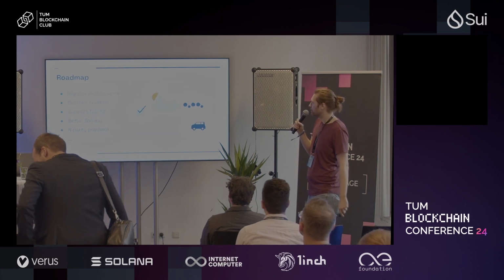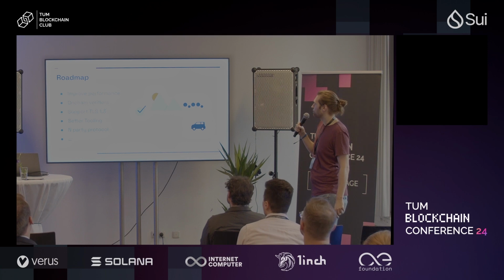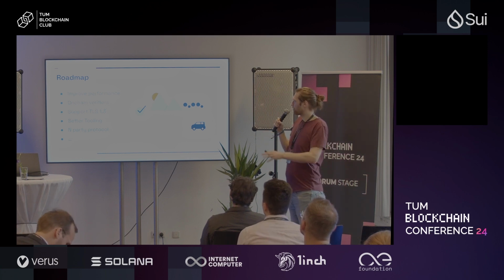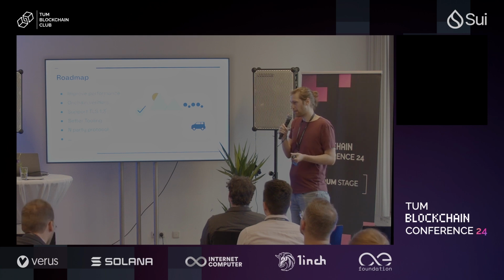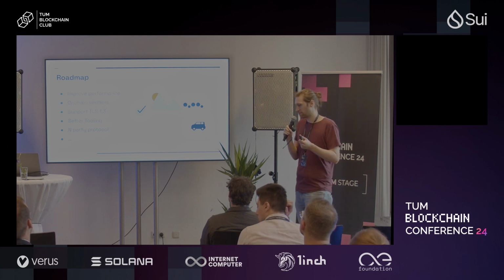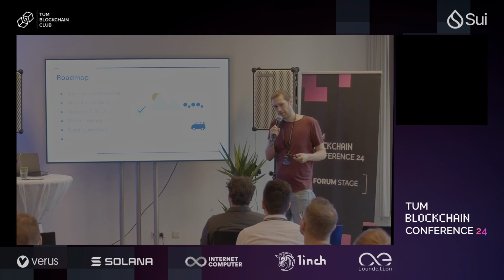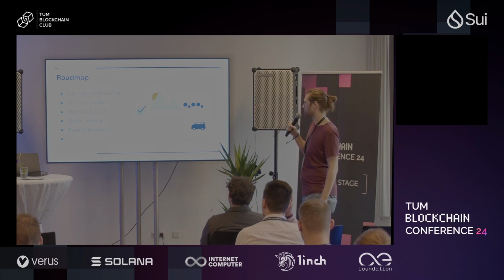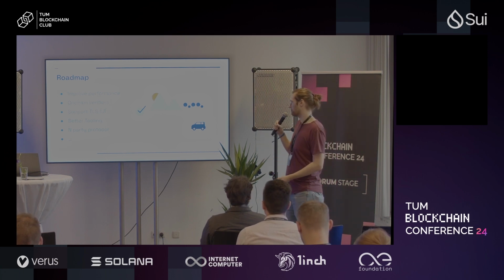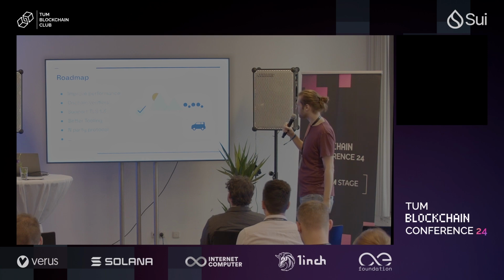Okay, so where are we now? So this is the roadmap we currently have in our heads. So first thing, we need to improve the performance of the protocol, and by that I mean we need to improve the traffic size you can notarize. So at the moment we are in the two-digit kilobyte range, but we definitely want to get into the megabyte range, and for that we have to switch out our proving systems. So currently it works with garbled circuits, but we want to support VOLE proving, which is a protocol called Consilver.